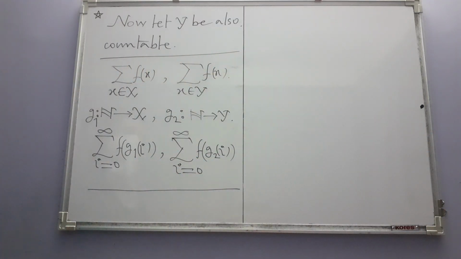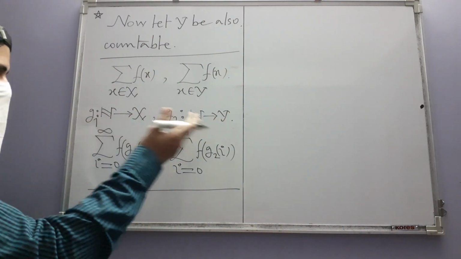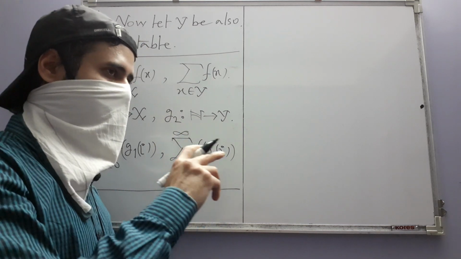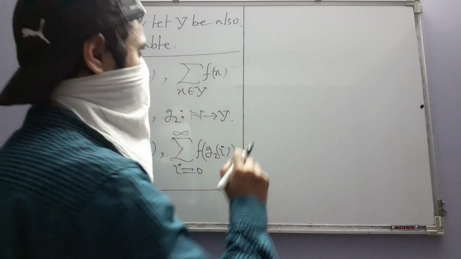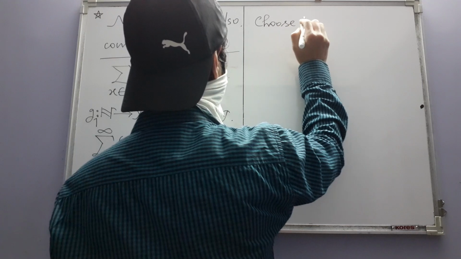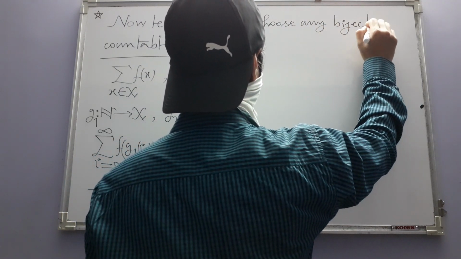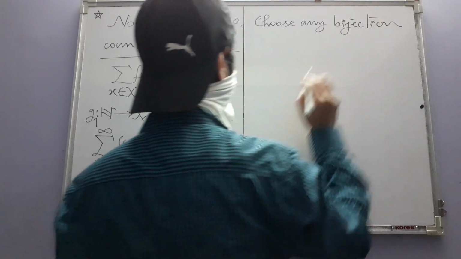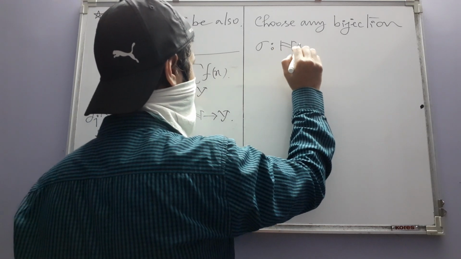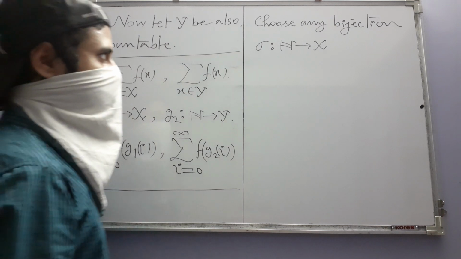So we proceed like this. For G1 we are just simply going to choose any bijection, but then we will choose G2 depending on that choice of G1. Choose any bijection, say sigma, from N into X, and